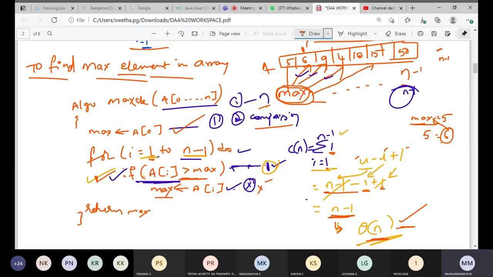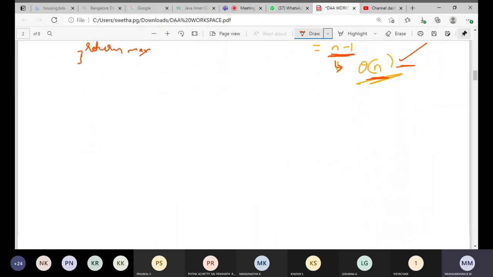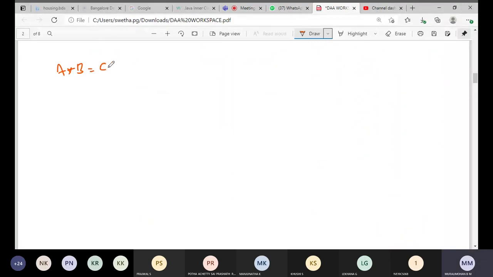Okay, so today let us take one more example. Let me take how to calculate the time complexity of matrix multiplication. Suppose we are given two matrices A and B, so that we will multiply these two matrices A and B, and we will get one more matrix, the C matrix. Again, it is not recursive. It is non-recursive.